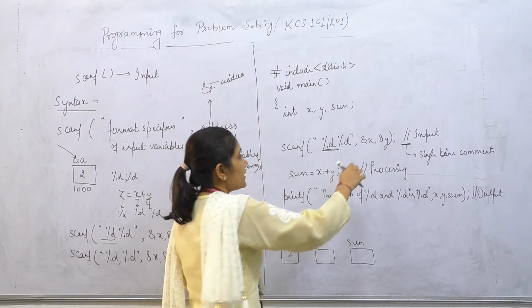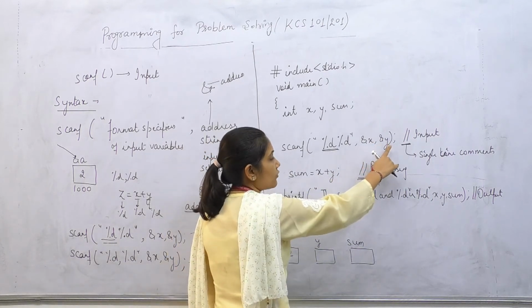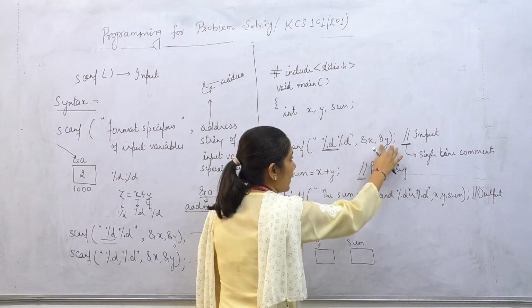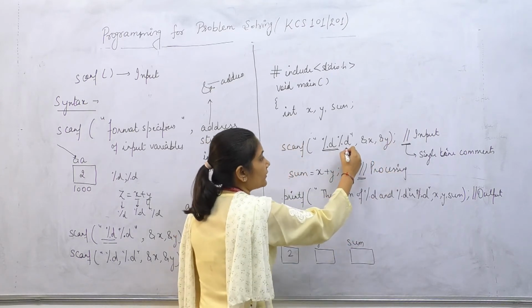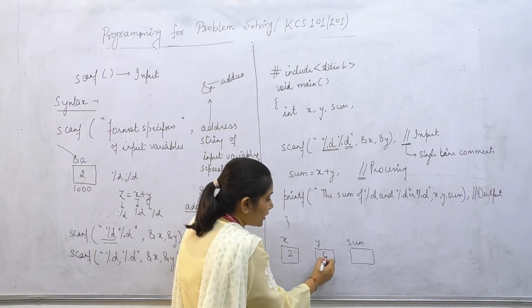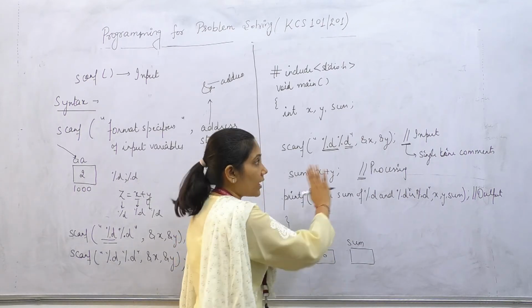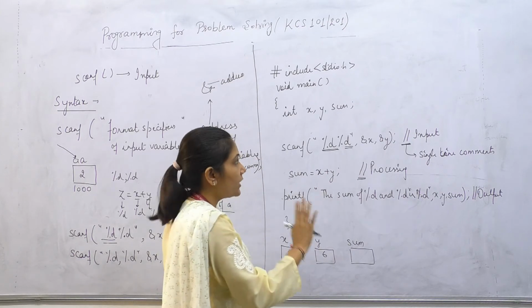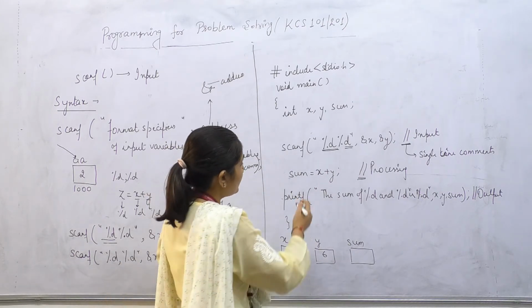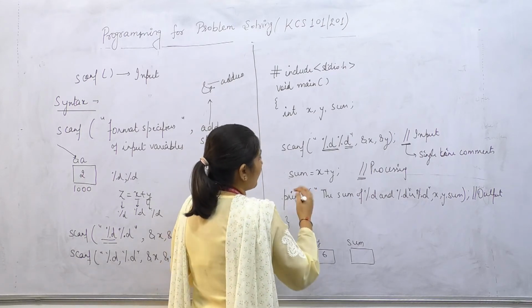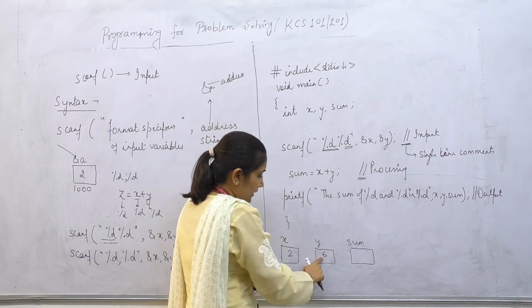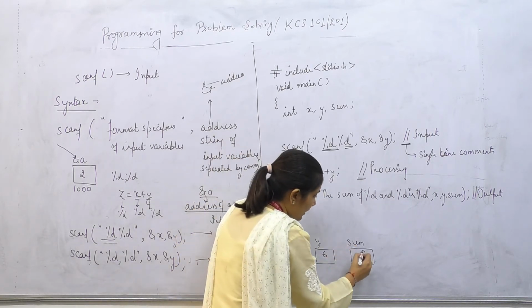Then in the second case, the same goes with y also. It will again ask for the address of y, and in that address of y it will ask to put an integer type value. Right? So suppose I have put 6 here. Completed. There are no other %d format specifiers or other variables remaining. So what will happen next? It will compute your sum. Sum is equal to 2 plus 6, so the output will be 8.